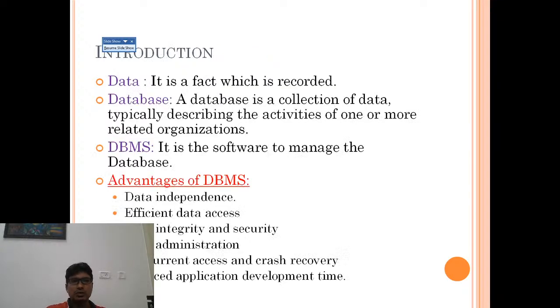Okay, so coming to the introduction related to DBMS, as I said earlier, you should know about the basics of DBMS and then ER diagram and other concepts. So coming to the DBMS, what is DBMS? Database Management System. Am I right? So then you should know